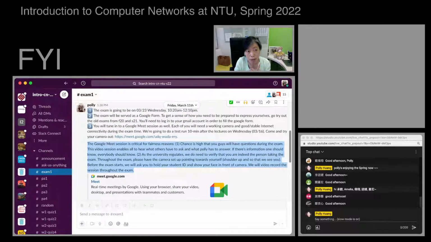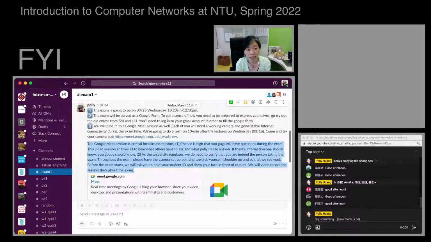about the most important thing that you might want to try to do tomorrow, because we do have a test run for the exam tomorrow. The test run is simply that you test your camera and the laptop or computer you prepare to use, and the place you prepare to sit and take your exam.